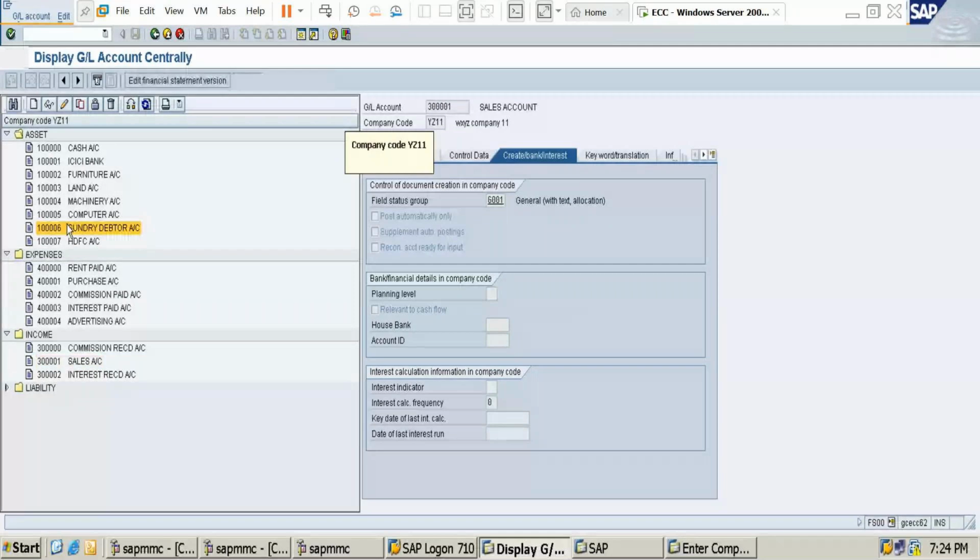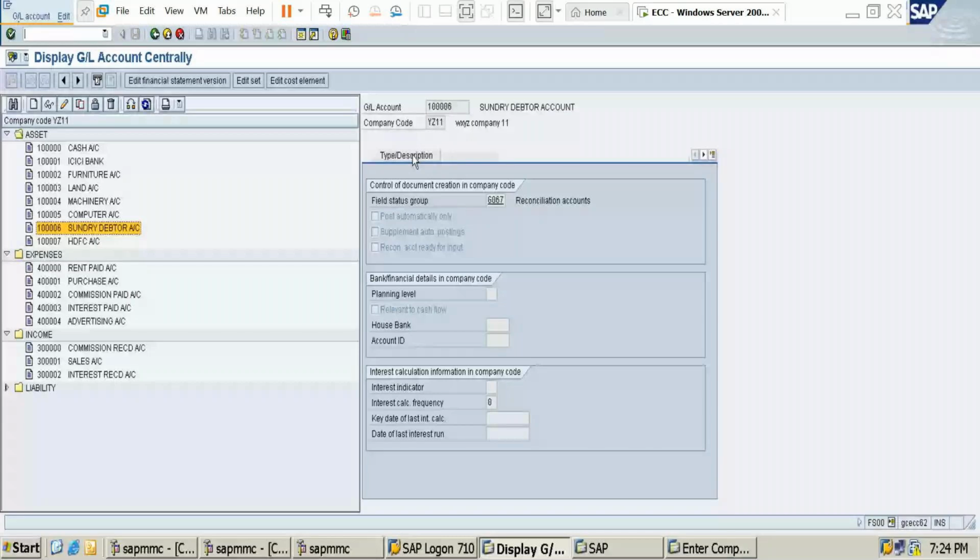Click this and go to the display option. Show me types and descriptions, control data, all these things. Click there.